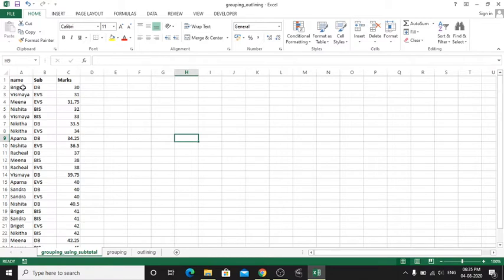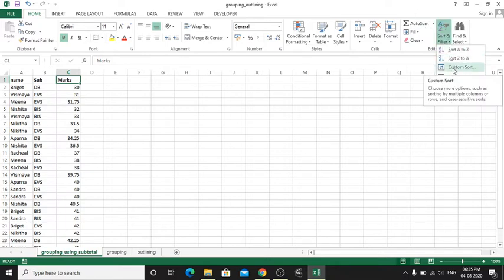As you can see, the data is not at all sorted. So let's sort this data first. We can sort the data based on three features. Based on name we can sort, based on subject we can sort, based on marks. So we have three columns to sort this data. Let's see one by one which sorting method is applicable for us, and that sorting can be chosen by us to do the grouping.